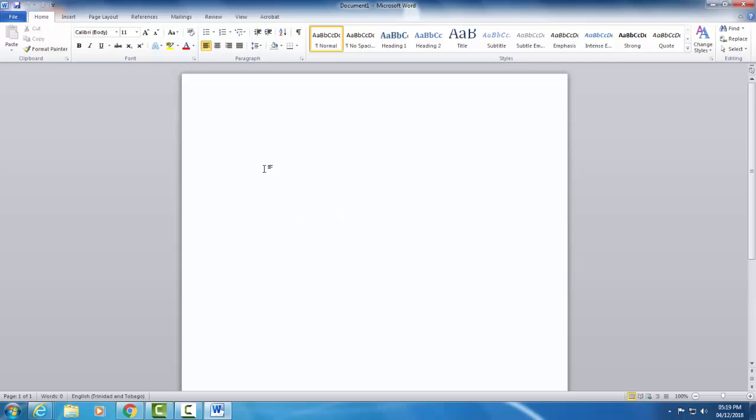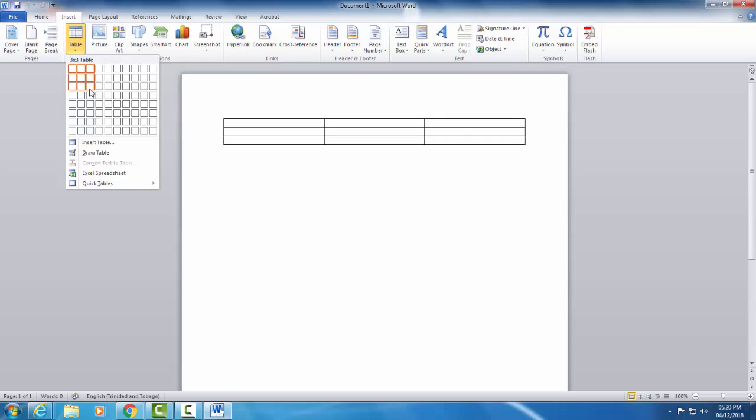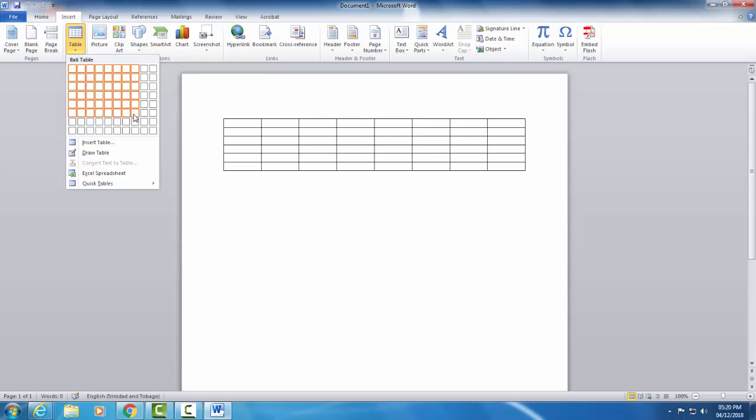So as we look at the icons at the very top, we will select the Insert tab. As we select the Insert tab, we will see a table come up. We will customize our table. We will select the arrow button just beneath the word Table. Click on it, and there you would see a